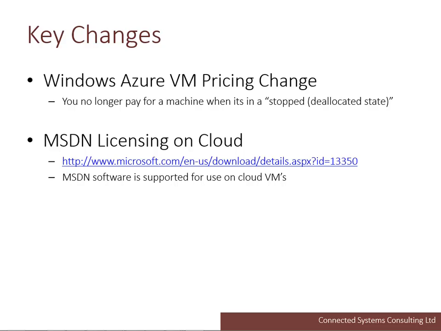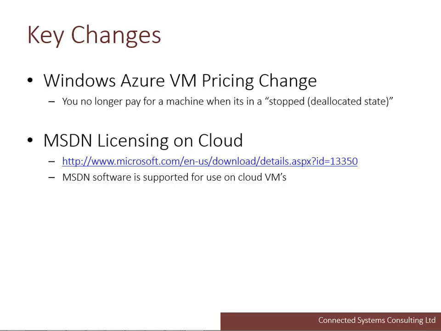So the first of those changes was that Windows Azure VM pricing changed, and that meant that you no longer had to pay for a VM when it was in a stop deallocated state. And this really just made things a bit simpler, because previously you had all the hassle of completely removing a VM to stop you being charged when it wasn't in use. But now you could actually leave the VM deployed. You just had to move it to this stop deallocated state, which is a lot simpler from a